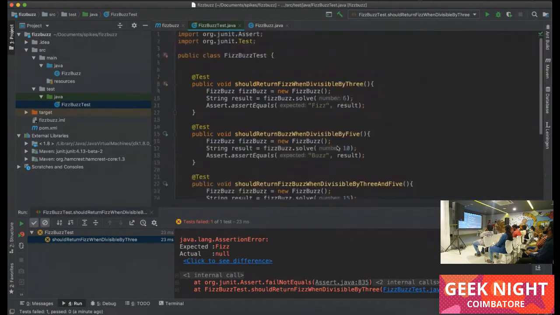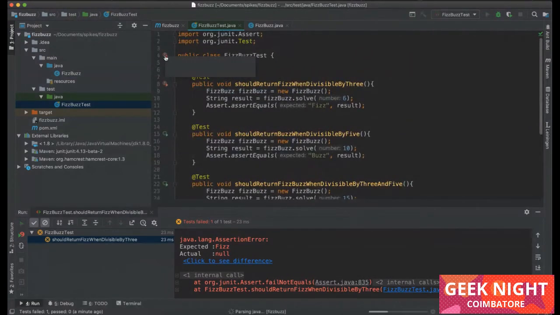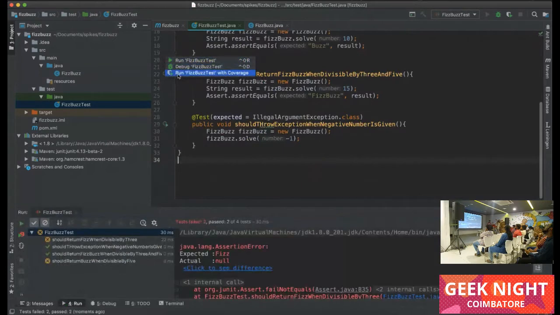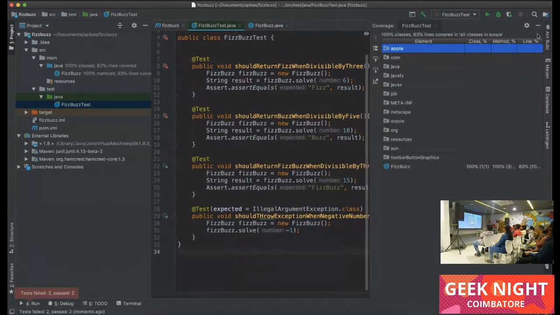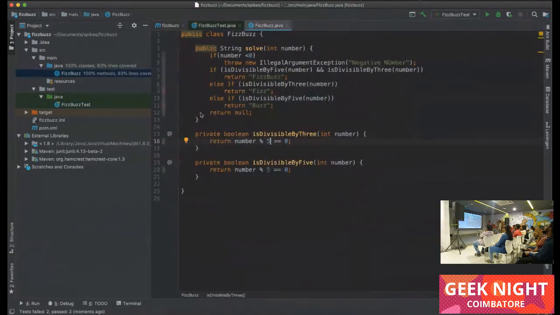Nowadays IDEs provide a feature to check your code coverage. If you click run with coverage, it will tell how much has been covered. You can see all these green lines are covered, and the red lines are not covered.